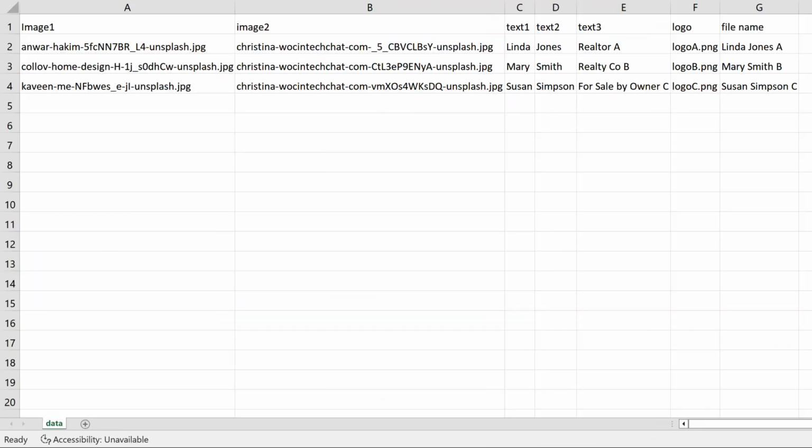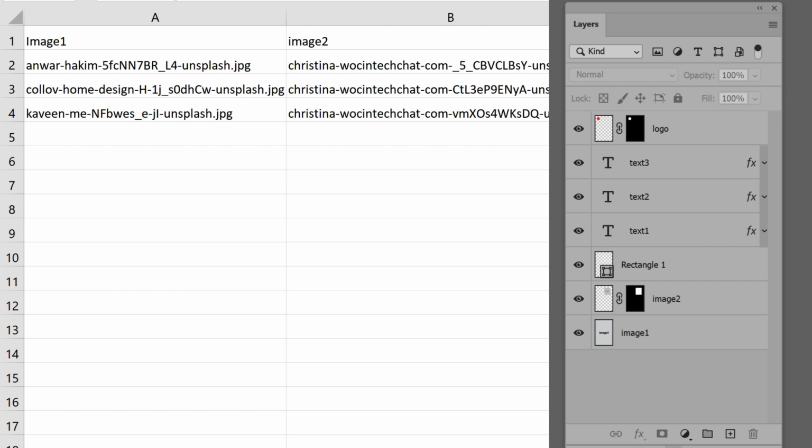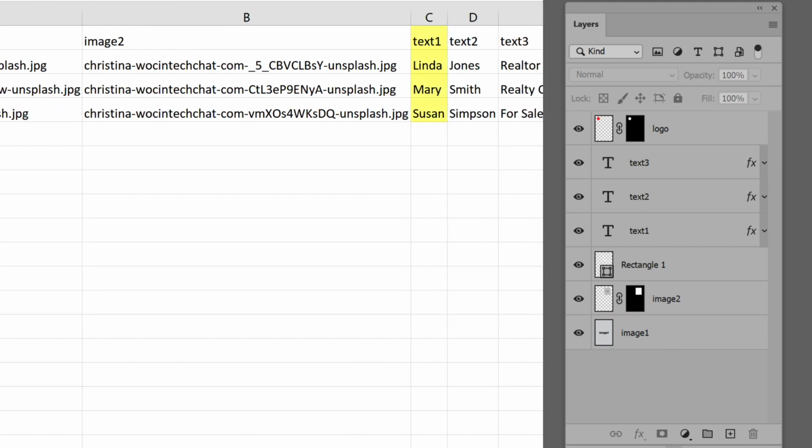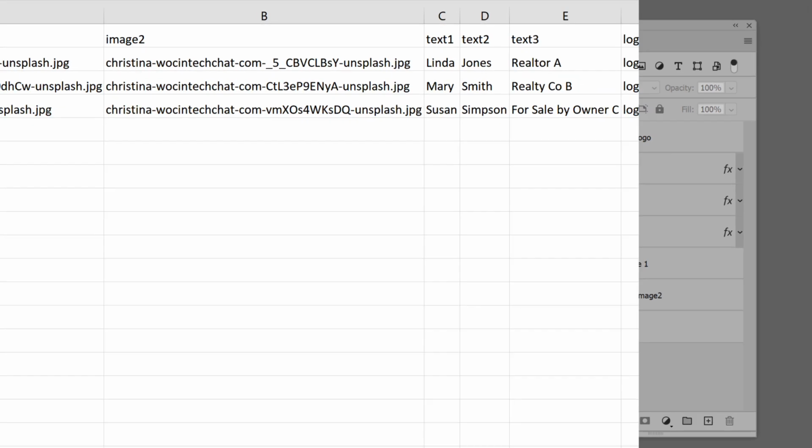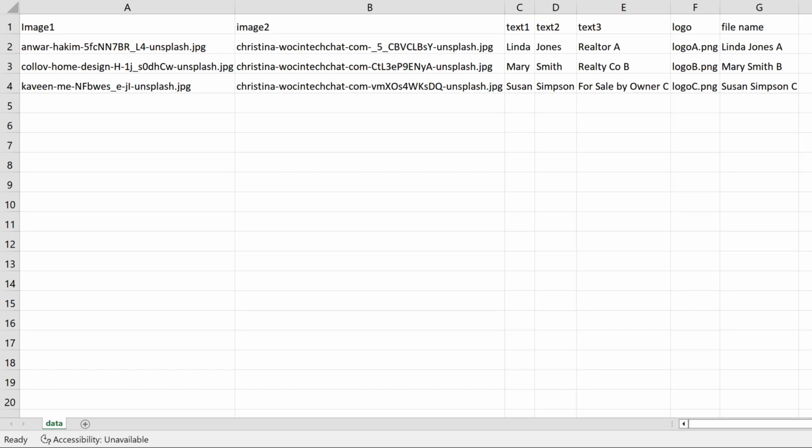Next, we need a spreadsheet that tells the script what goes where. The column heads have to match layer names in the template image. Any that aren't found are ignored. In this example, rows of the column Image 1 are file names that go into the layer Image 1. Rows of the column Text 1 replace the text contents of the layer named Text 1. And so on with all layer names and columns present in both the template and data. Columns for images may be the full path to the file or the file name only, or even a URL to download the image. More about that later in the video.